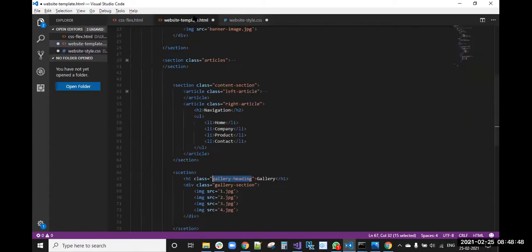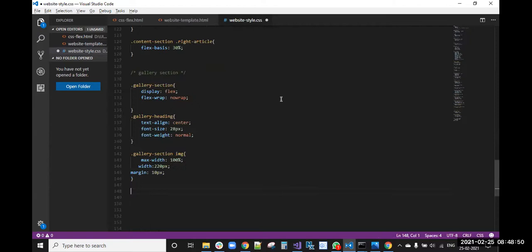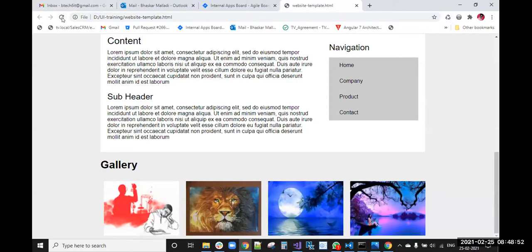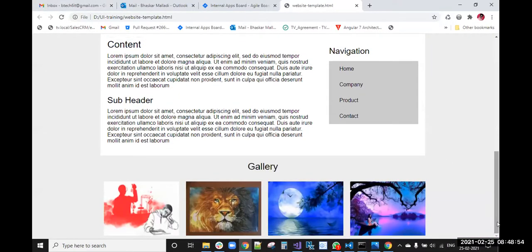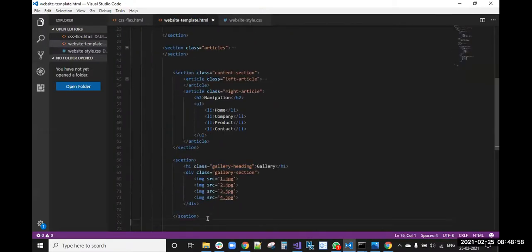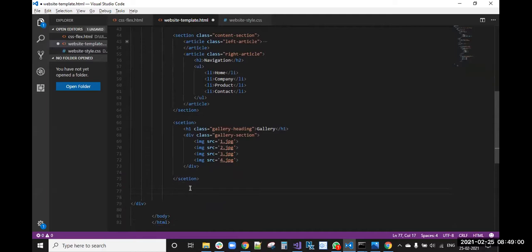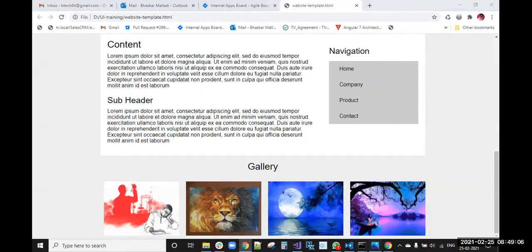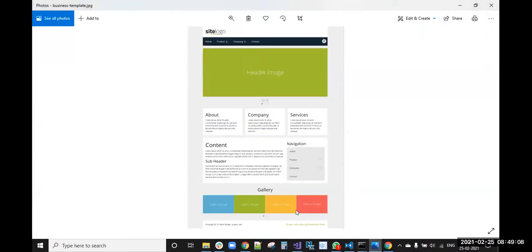Then we have the footer, right? Now we have the footer. So for that footer also we will create one more section. Otherwise, you can use the footer directly. So it doesn't have margins, right?